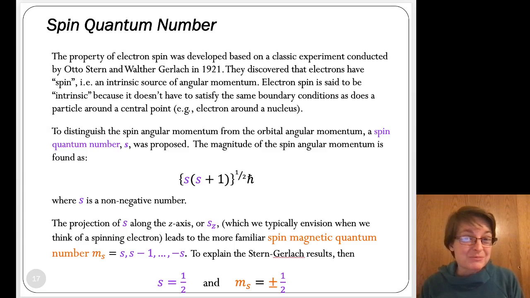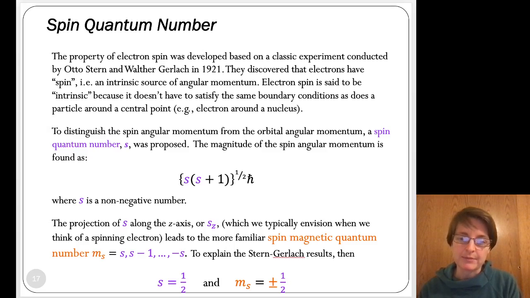And really, if you ask most physicists, I'm not really sure that they could tell you exactly what spin is. But it's easy to see what the effect of spin is. Electron spin changes the magnetic properties of an electron in quantized ways. Otto Stern and Walther Gerlach in 1921 were the first to run an experiment that showed that we need this